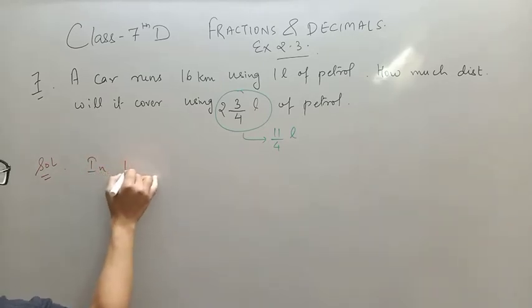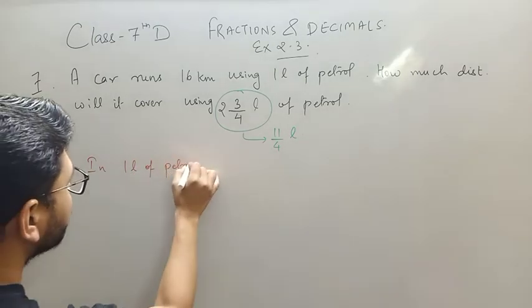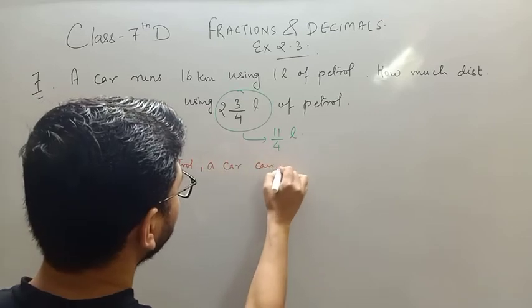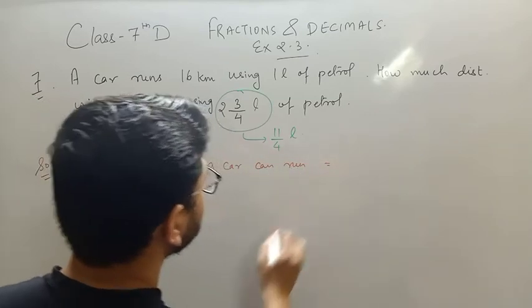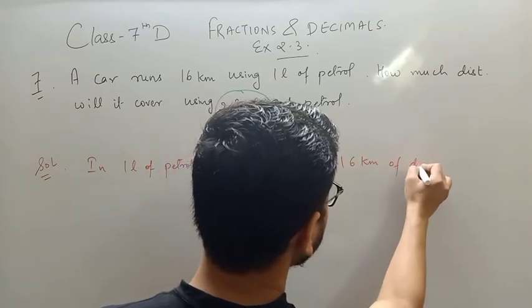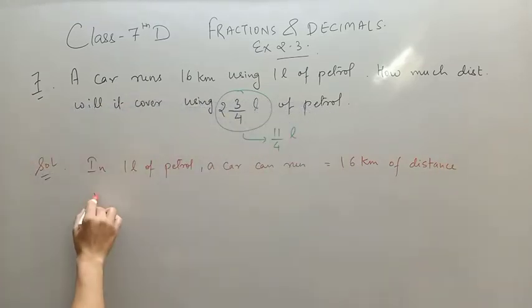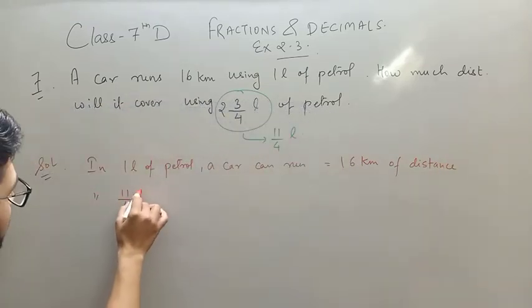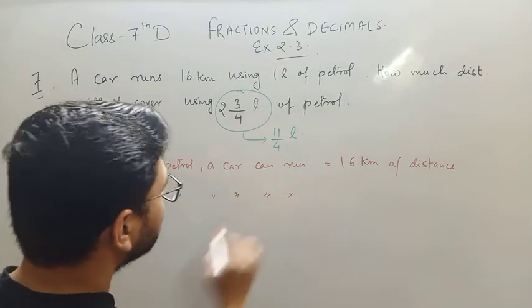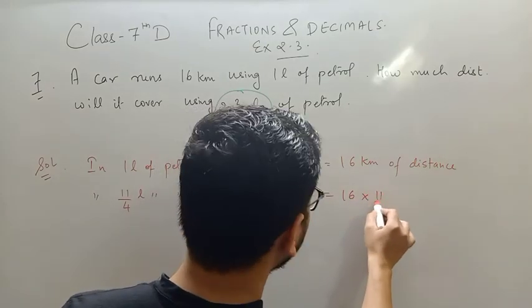You will say, in 1 liter of petrol a car can run 16 kilometers of distance. So in 11/4 liters of petrol a car can run 16 into 11/4